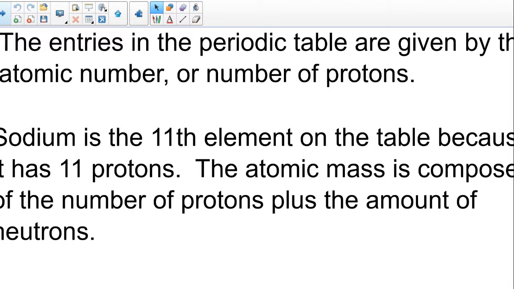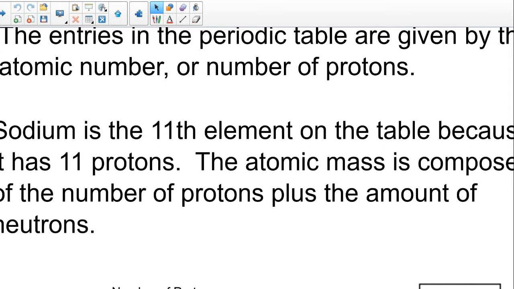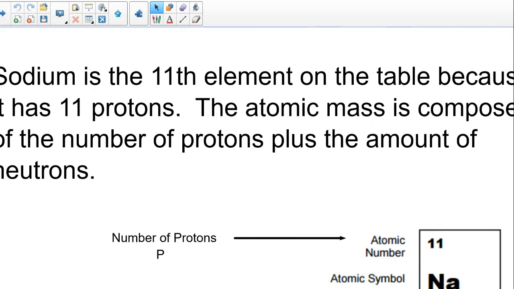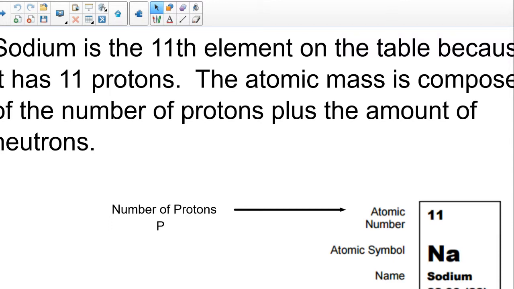So, the entries in the periodic table are given by the atomic number, or the number of protons. Sodium is the 11th element on the periodic table and has 11 protons. The atomic mass is composed of the number of protons plus the number of neutrons. Now, if we're looking at this cell here,